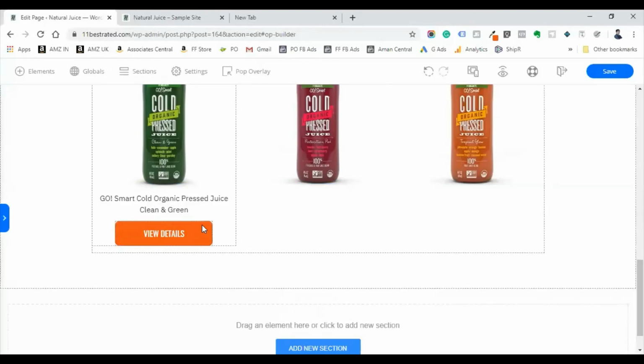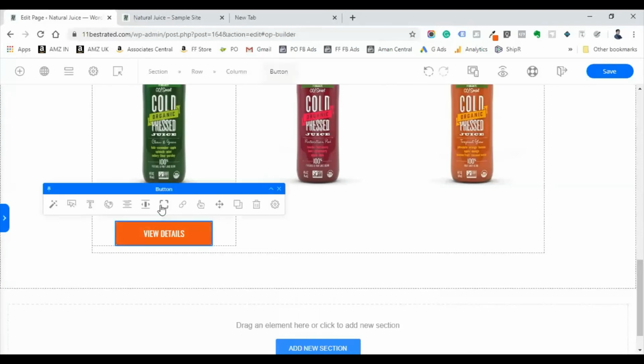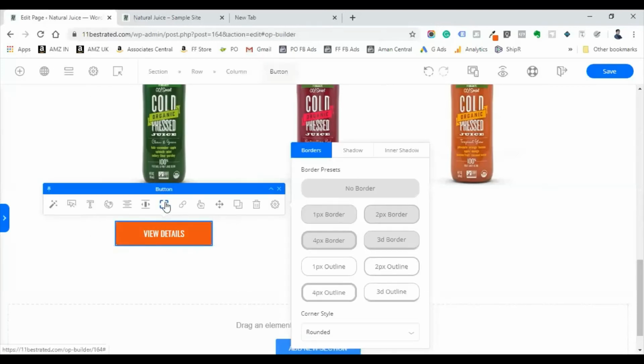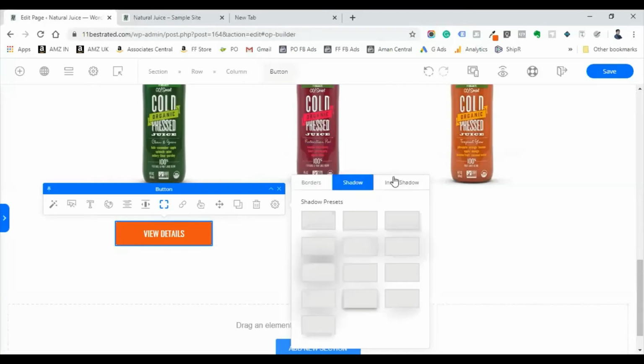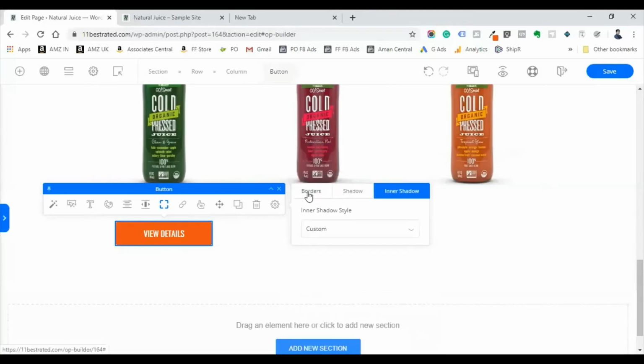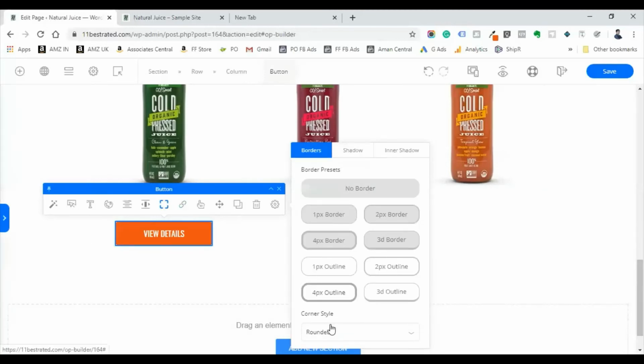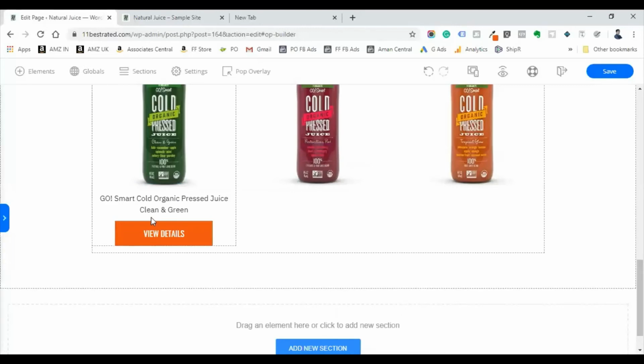You can change the shapes, it has slightly rounded edges. You can do however you want, here shadow, inner, custom. Here you can see rounded. We don't want rounded, we want square. Just click on square. Now this will become square.